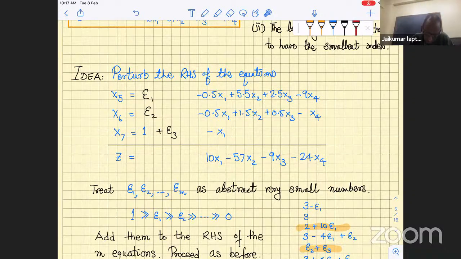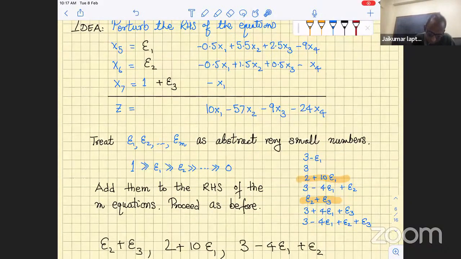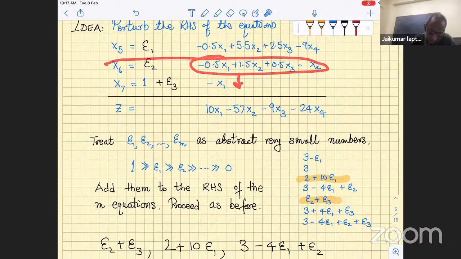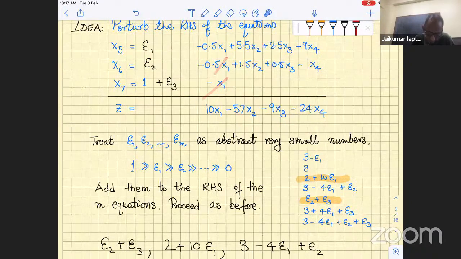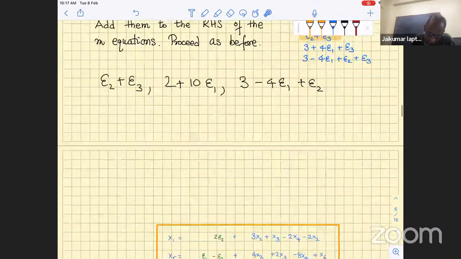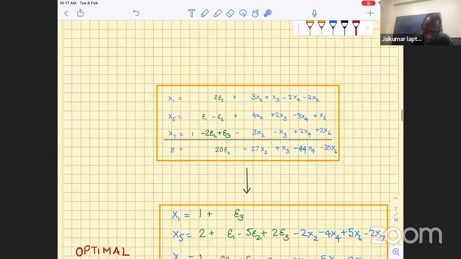Okay, so if you did that, that is, you eliminated x1 from the right hand side, if you wanted to eliminate this one, you would probably multiply this equation by 2 and add it to this equation so that x1 goes away. And do various things as we are used to in simplex, and trust me, you get this. But let us just check